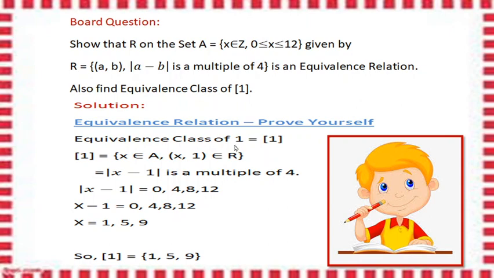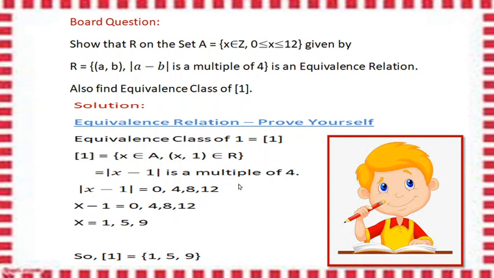Let's talk about the equivalence class of 1. So the equivalence class of 1 means all those x which belong to A and this ordered pair (x, 1) should belong to the relation. So now let's look at the relation and find out. If you remember, while doing this question of NCERT, when we discussed the exercise, we made one table and we checked all the elements one by one which are there in this relation and all those elements which are related to 1. But here we can solve it this way.